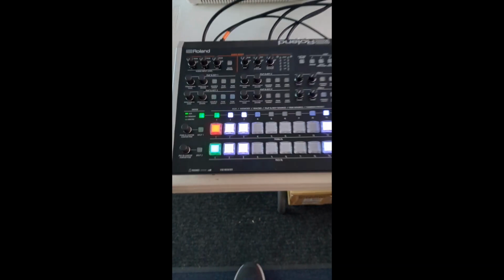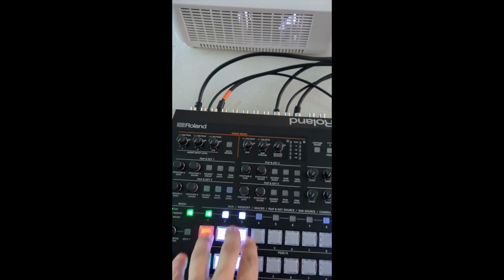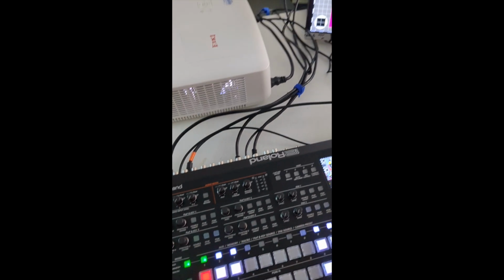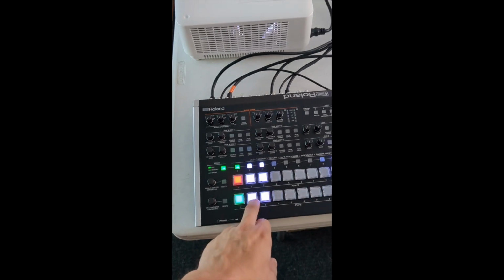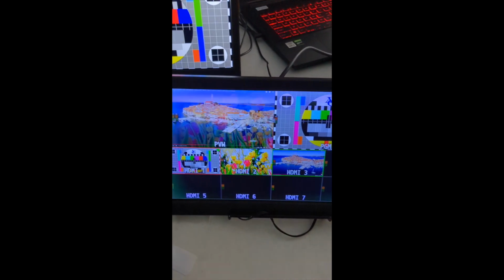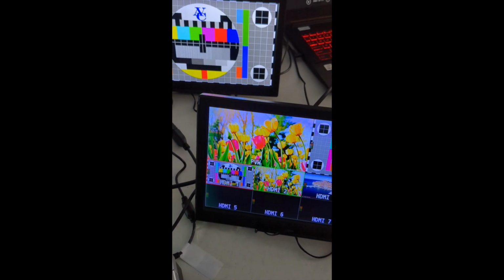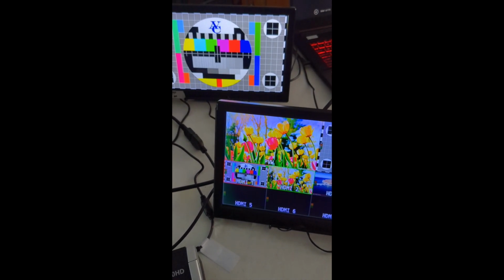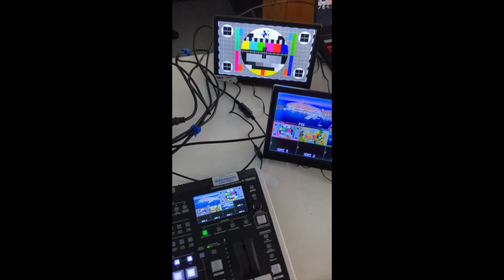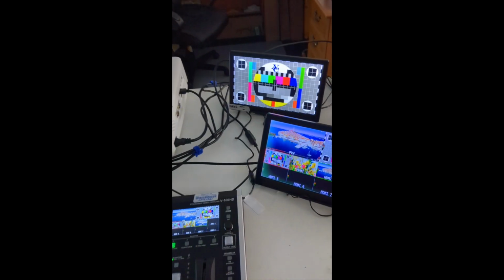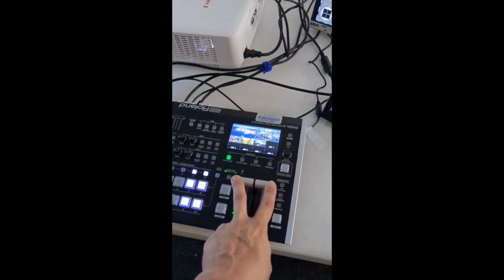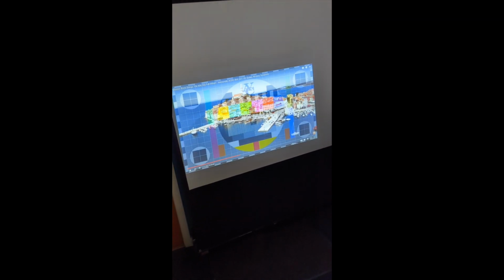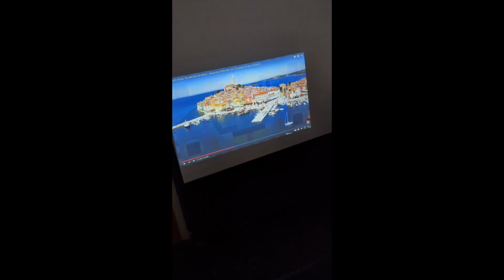Now I'm going to talk about the functionality of these squares a little bit more. The bottom row is your preview by default. When you hit this, all it's going to do is change the source that you're previewing. And if you want to send that source out to program, you have 3 options. You can move the bar, you can hit auto,